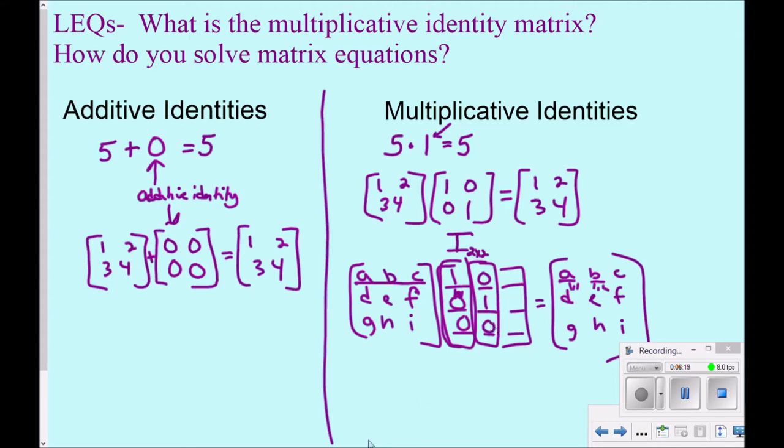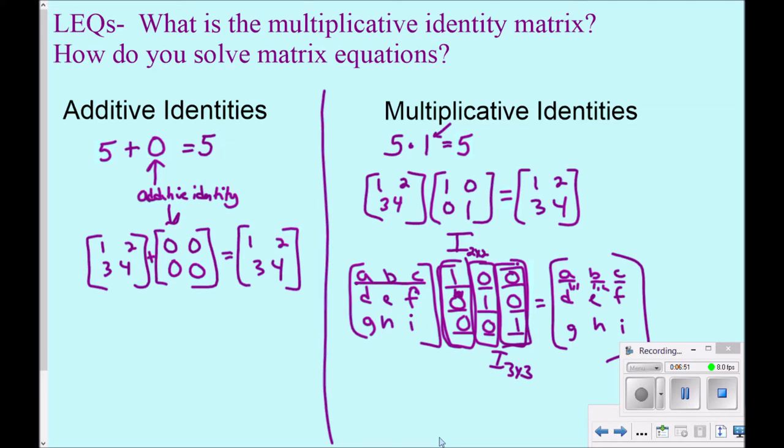So lastly, the 1, 3 spot comes from the first row, third column. So A times something, B times something, C times something, and we want C to be the result when we add those 3 products. So we know C is the one that has to be multiplied by 1. A and B both need to be multiplied by 0. So the matrix 1, 0, 0, 0, 1, 0, 0, 0, 1, that is the 3 by 3 multiplicative identity